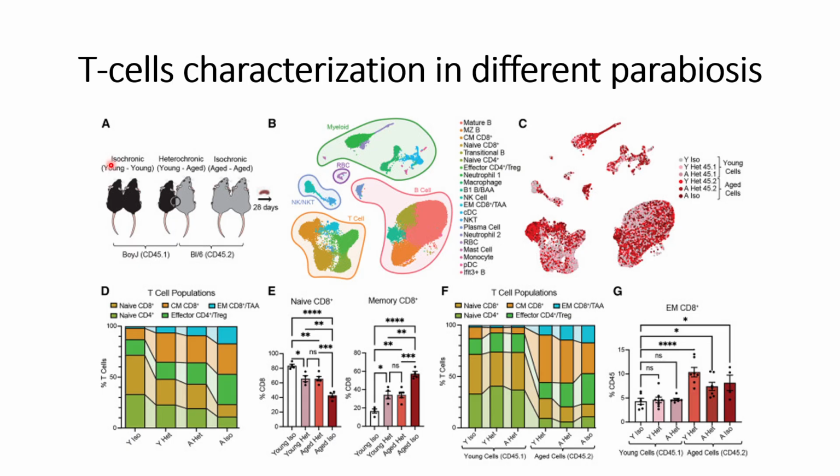First one is isochronic between young and young mice. Young mice are about 4 months old, and the old mice are about 20 months old. For the heterochronic condition, they used young mice and aged mice, and for the isochronic aged condition, they used old mice with old mice. For 28 days, they kept them together, and afterwards they did single cell RNA-seq analysis,